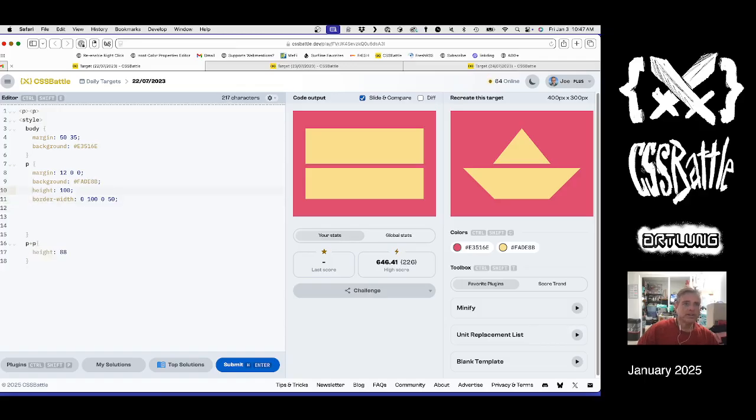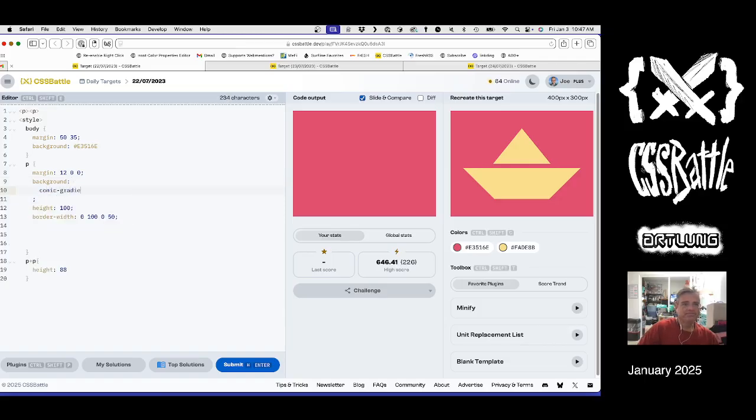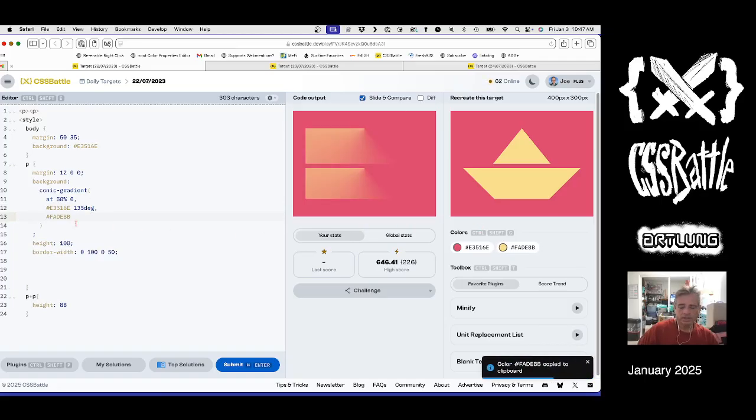Oh, there's your chance. So once again, the conic gradient is my favorite. And so this one will be at 100 at 50% 0, and I'm going to do it this way. I think that's going 90 and 135 degrees of that pink, and I guess that could be transparent if the body 0, and then